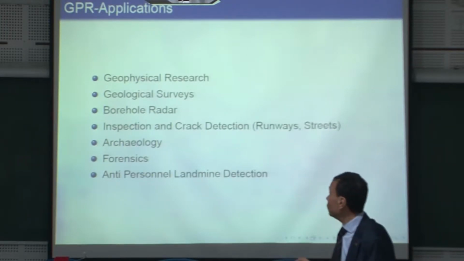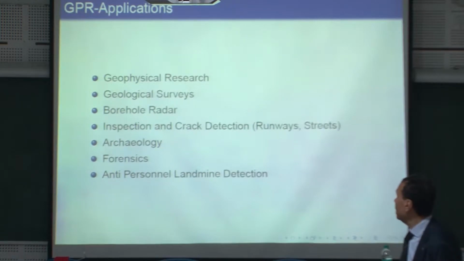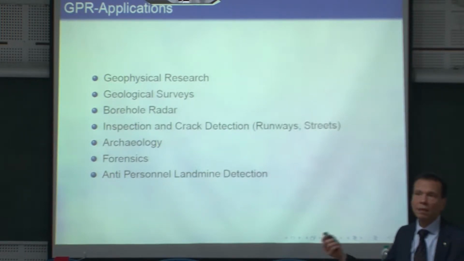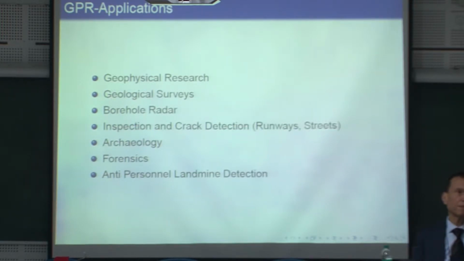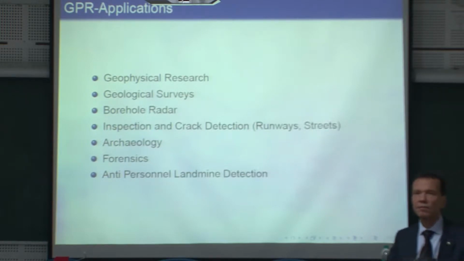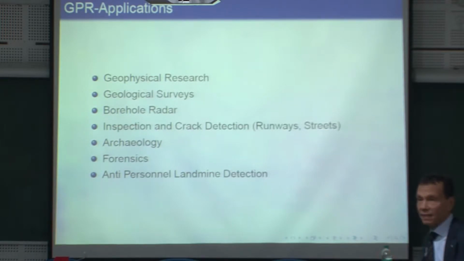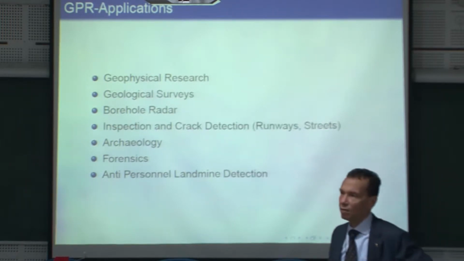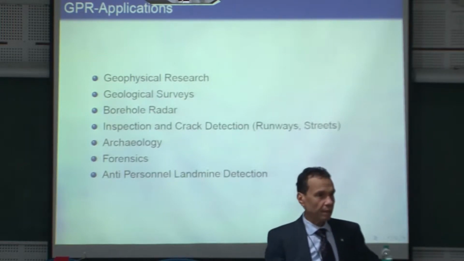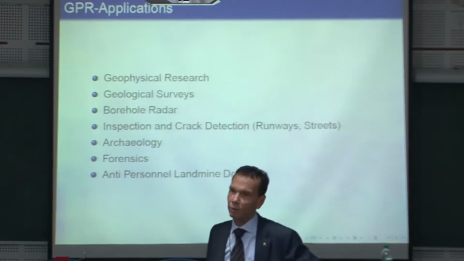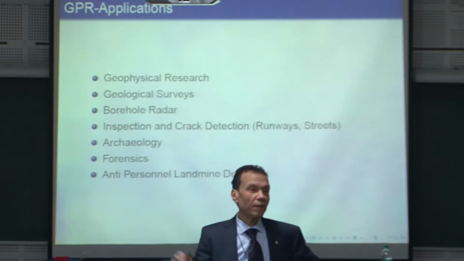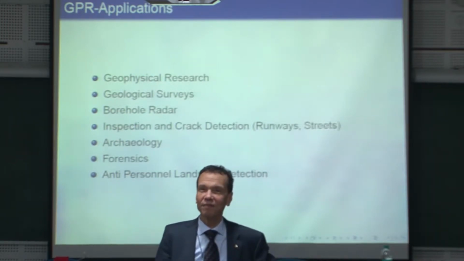These are some applications for ground penetrating radar. Geophysical research to know the Earth history, to know which materials, which minerals, and so on. You have also the geological survey to see the Earth structure for oil fields and so on. You have what is called Borehole Radar. This is very, very important because it is important for oil companies and they are rich. Anyone who is rich is important. So therefore, if you develop something for them, you can have lots of money.